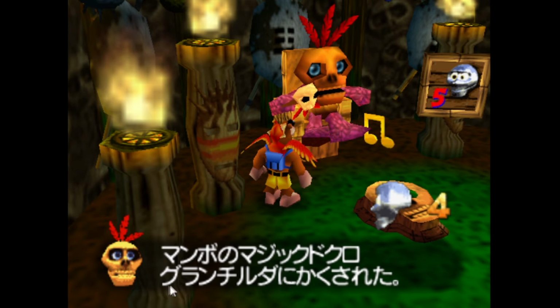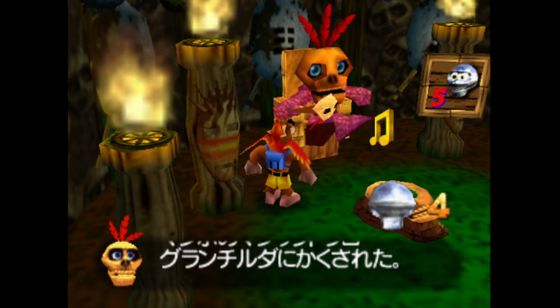So it's like "by Gruntilda", and kakusu is to hide something, kakusareru is to be hidden, and kakusareta makes it past tense, so to have been hidden. So Mumbo's magic skulls were hidden by Gruntilda is kind of the vibe.